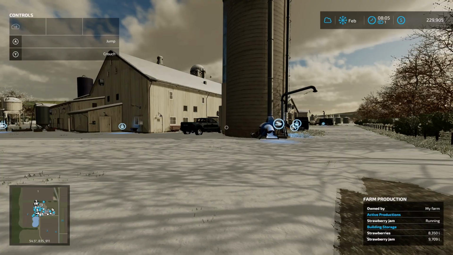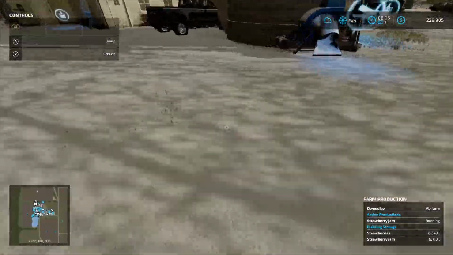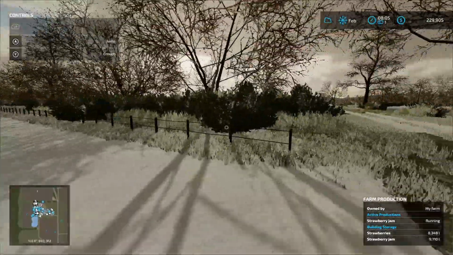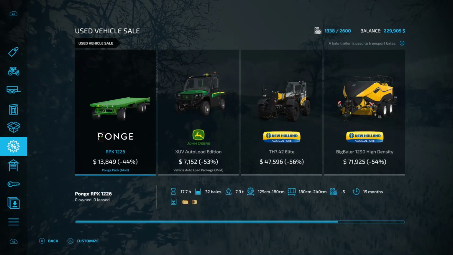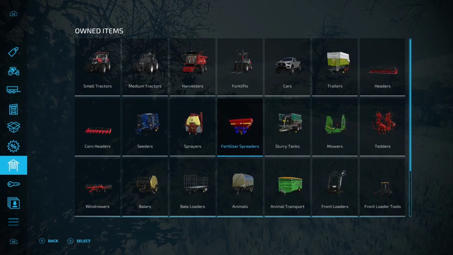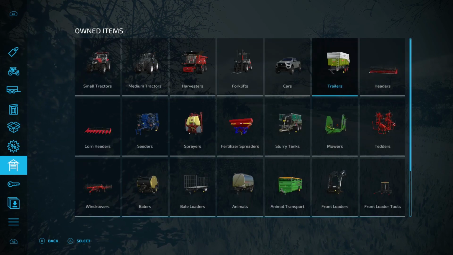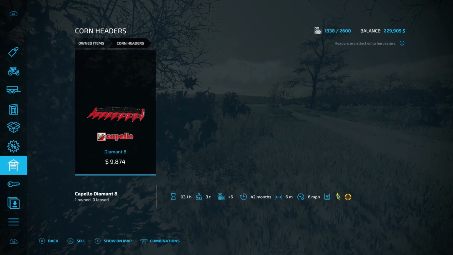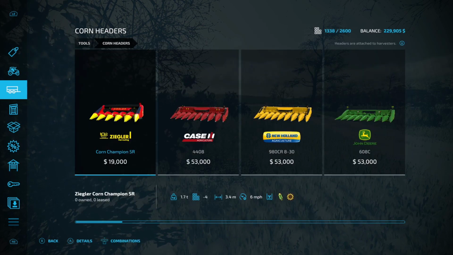So I already sold our planter. Looks like we got some snow on the ground, so we'll have to let some of that melt. So this is the kit that, oh man, I'm telling you. All right, so I sold our planter. The other things we're going to end up selling eventually is this trailer class, and the corn header, and we'll be replacing it with a different corn header,